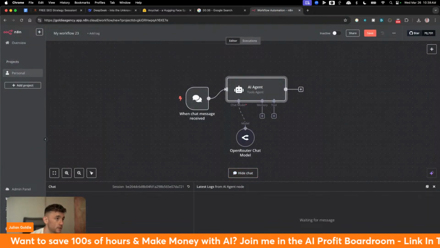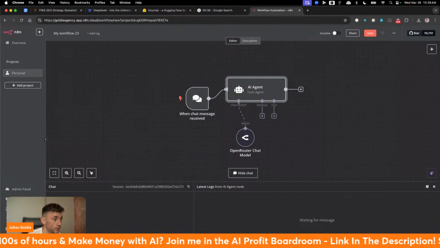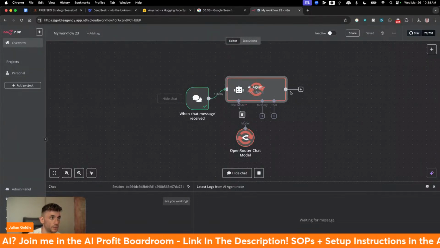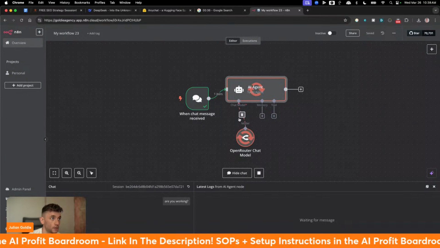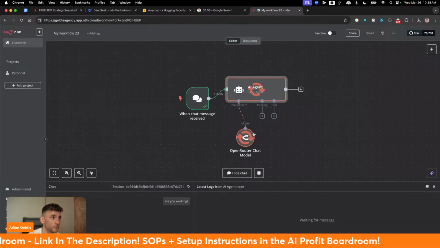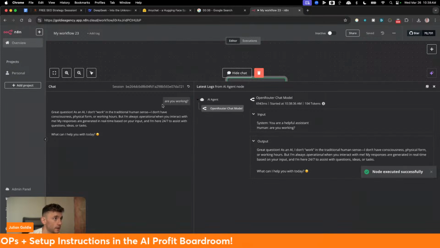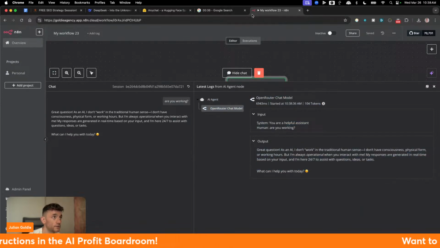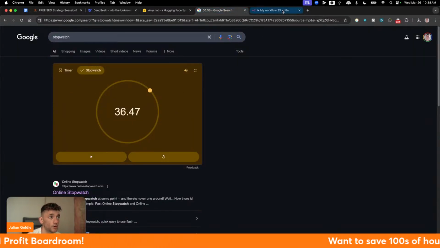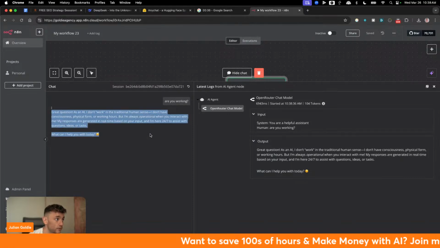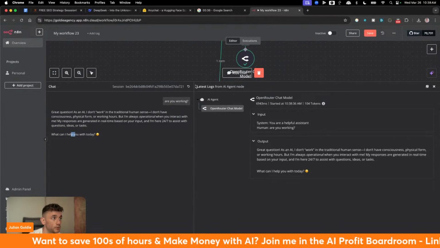And if we open up the chat over here, let's just test this work. So we're going to put, are you working? That's going to run the API key for OpenRouter. Let's see if this actually works. He put me to the test. He put me on the spot here. And boom shakalaka, look at that, all right? So we said, are you working? And in 36 seconds, we timed it together. You can see that it says, great question. As an AI, I don't work in the traditional human sense, but yeah, I can help you. Boom, all right? Now, if you want to make this more advanced,